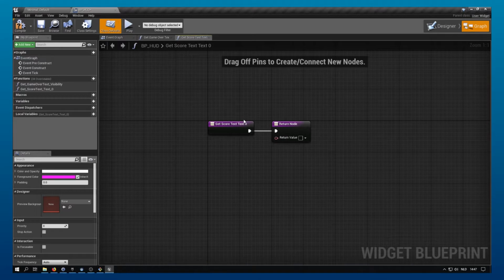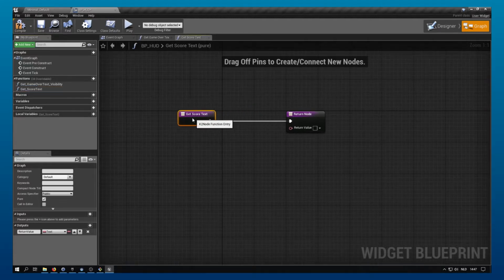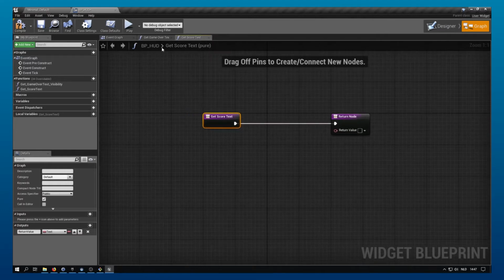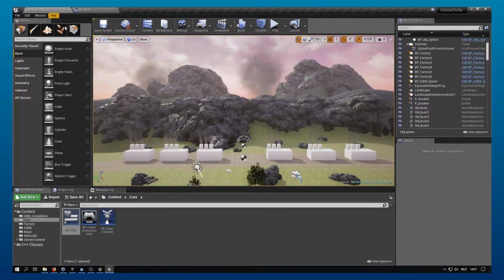Okay, so it created a function with a weird name again. Get score text. So I'm just going to remove that all. And now, as you may remember from our game over text visibility, we can get our game mode and read values from it. So let's go to our game mode